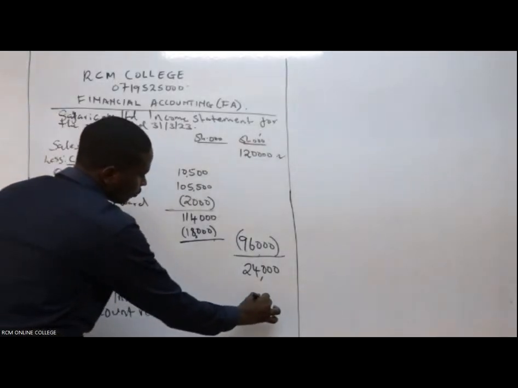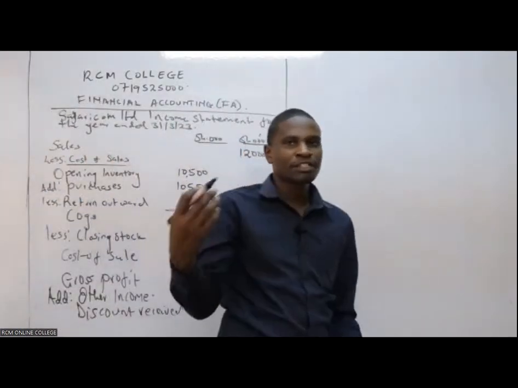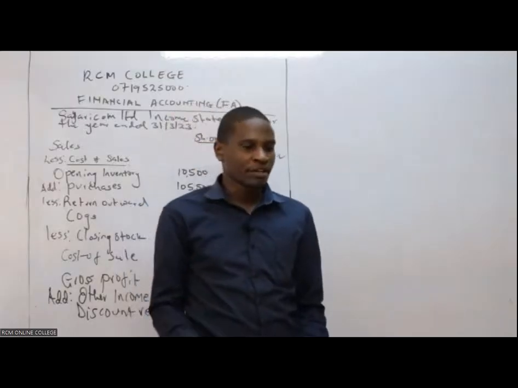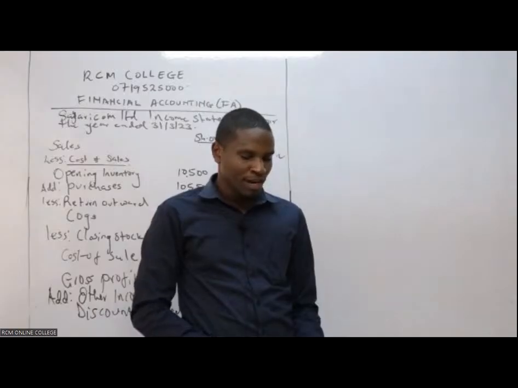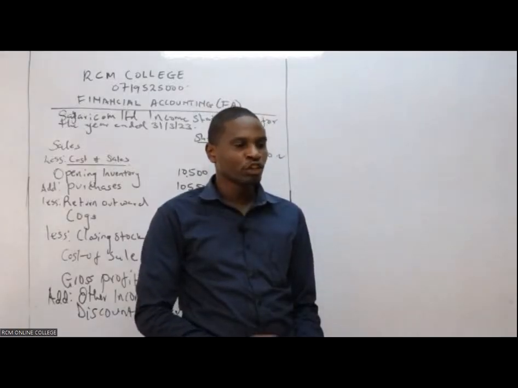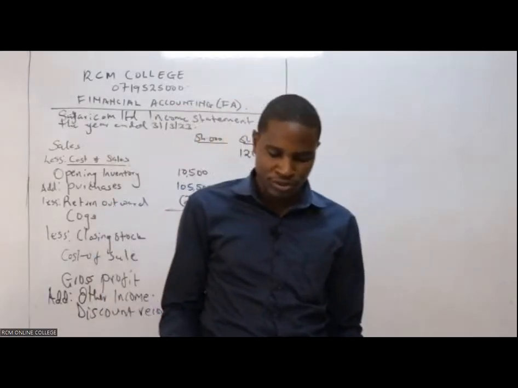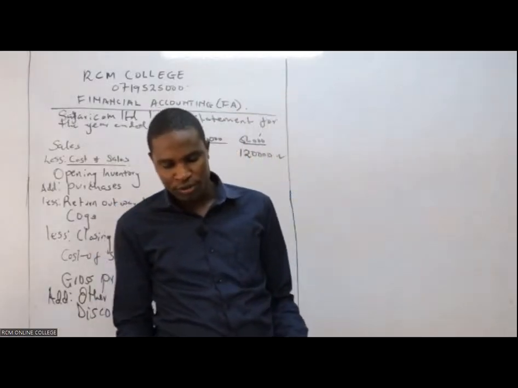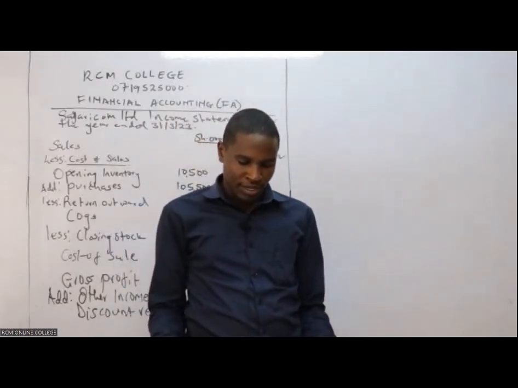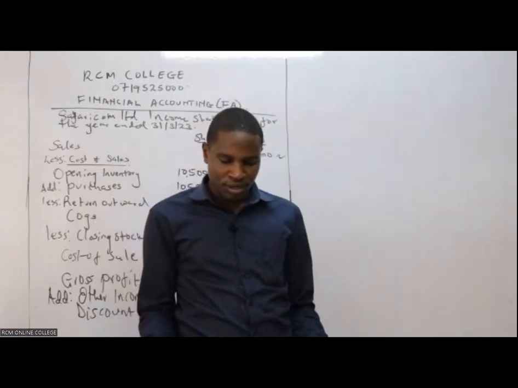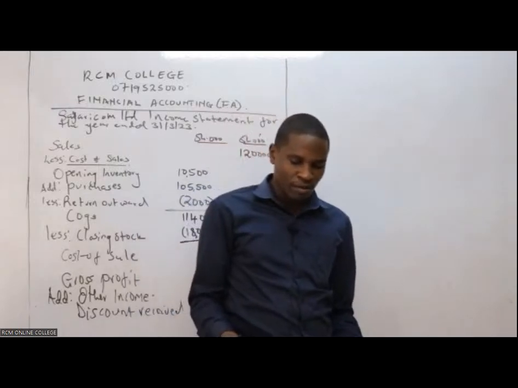It is 325. Then you check whether there is any other information that might give you either another income. If I look at additional information number 2, it tells me that as at 31st March 2023, the account receivable balance included 50,000 due from a customer who has been declared bankrupt. The allowance for doubtful debt is to be adjusted to 5% of the account receivable as at that date.